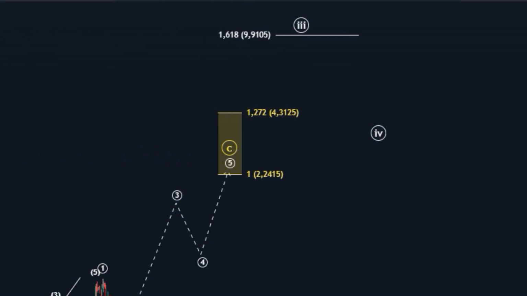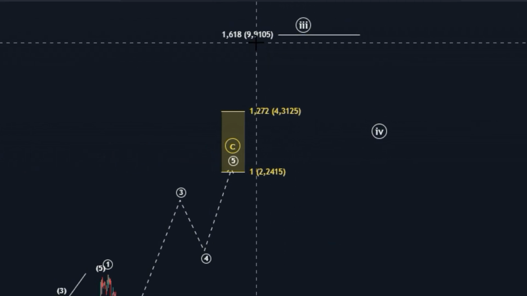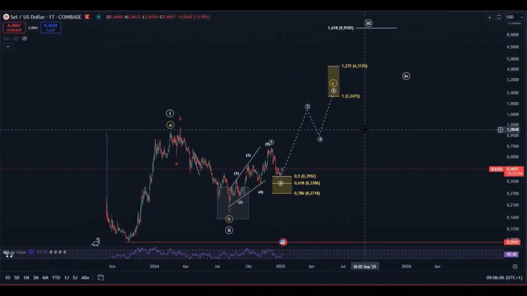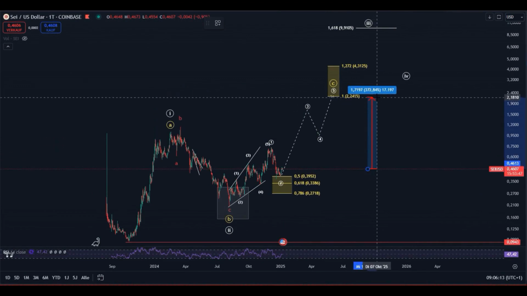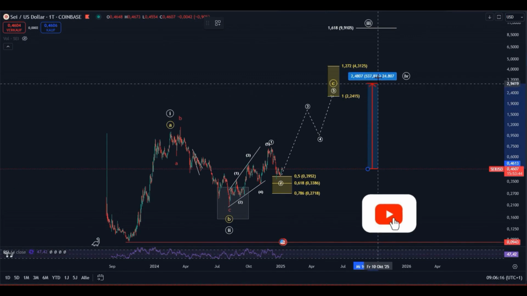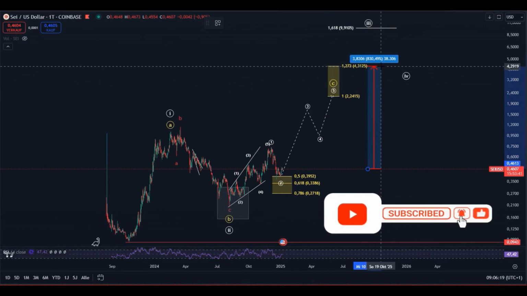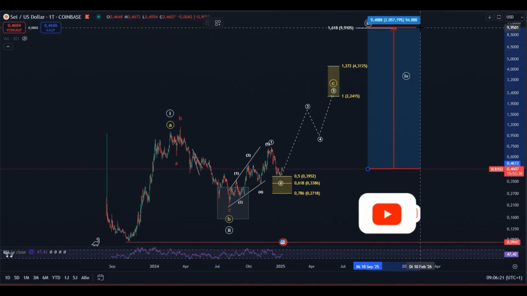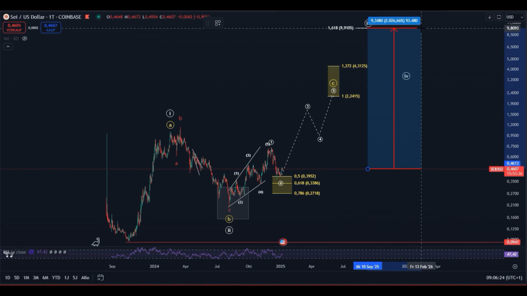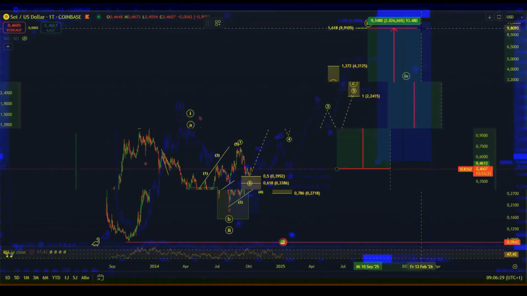And if we were in the white count, then we would currently have a target at wave 3 of almost $10. So from that perspective, I would say there's really a lot of potential here. From the current price level, we would have a nearly 4x at the lower edge of wave C, at the upper edge we would be at just over 8x, and for wave 3, if we were to reach it, we would actually still be at 20x, which would be possible.